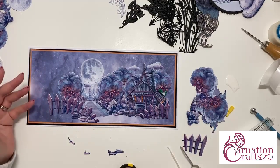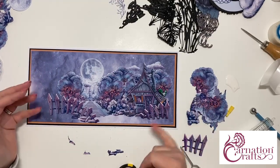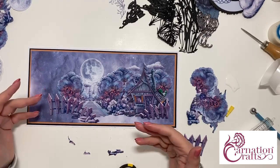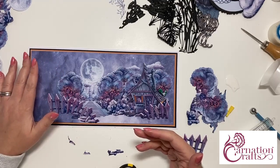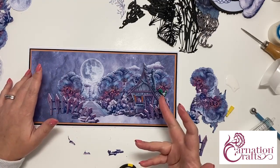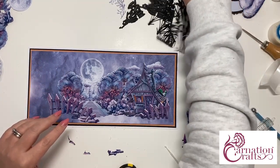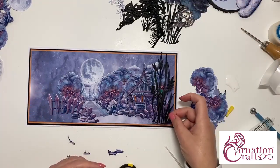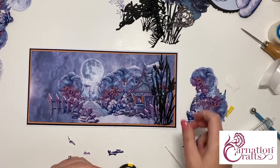It doesn't overtly say Halloween. If you just snip away the skeleton chicken there, this could be just a nighttime scene in a forest. This could be great for a more gentleman's card, for example. But one thing that you can do to create a really great dramatic look to your designs is instantly add